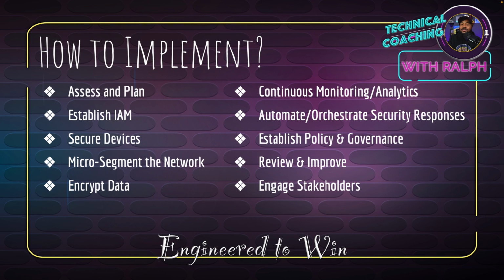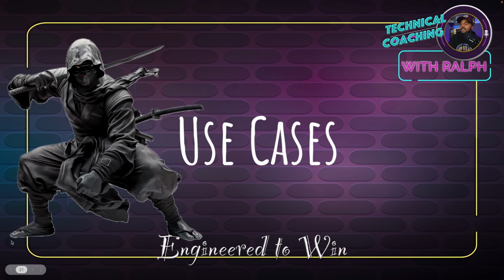And then you want to communicate the progress and the benefits, saying like, okay, by us implementing this is the success that we're having. Like I always say, celebrate your wins. The security team should always keep giving updates, maybe doing a newsletter or a blog post, to say, this is where we're at. This is how we're doing. These are the threats that we've detected. This is our success, right? To regularly communicate the progress and benefits of zero trust implementation to stakeholders, highlight improvements in security posture and risk reduction. All right. So by following these steps, organizations can successfully implement zero trust architecture, creating a more secure and resilient IT environment that is better equipped to handle modern threats. All right. So let's keep going.